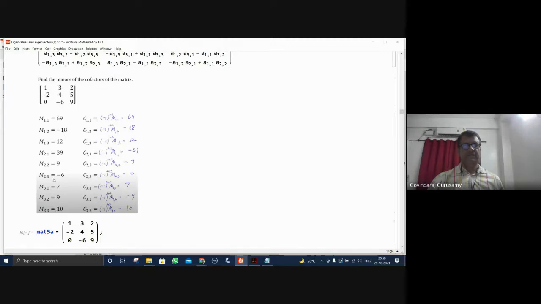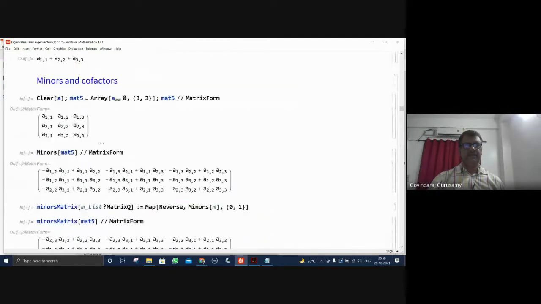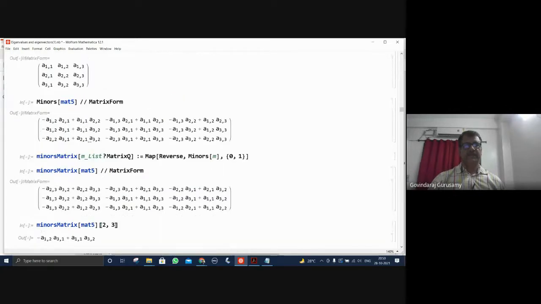So you have the minors and the cofactors that you will be getting. That's how you will be getting it. It's very simple to do. When you are here, first M11 is going to be the minor of this first element, with the cofactors that can be found. What you have to do is leave this and this, take a product here and follow these norms. If I do that, I'll get the complete minors and cofactors of the matrix. That has been lined here, minors and cofactors. This is matrix 5, this is 3 by 3. Minors have been found here.